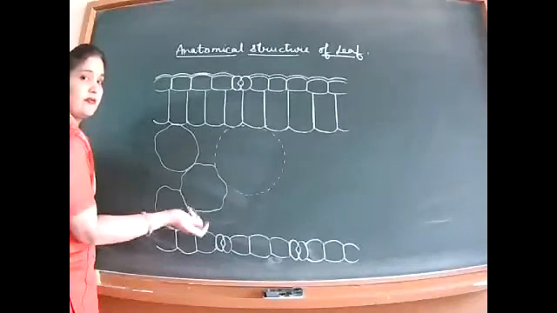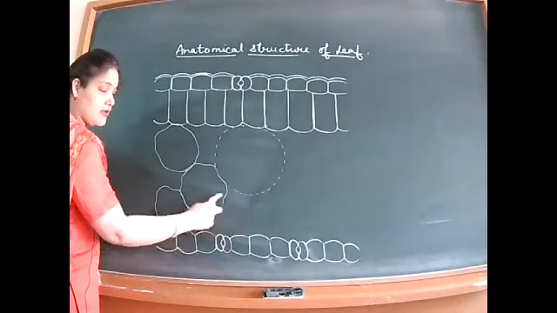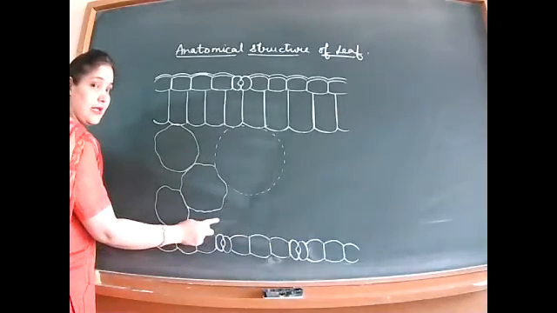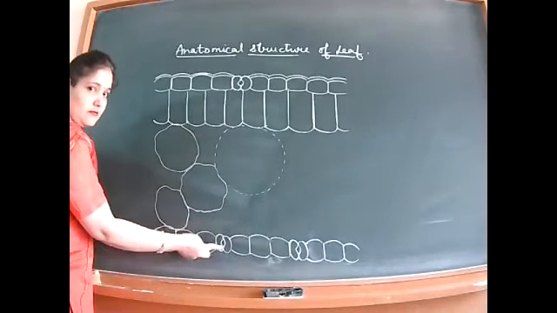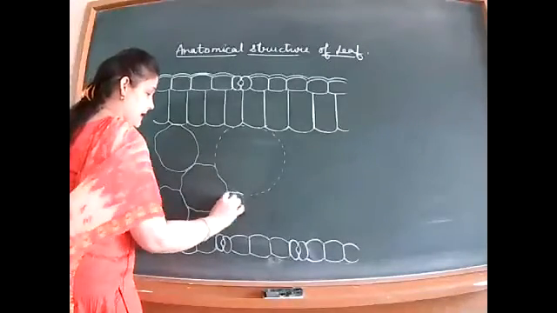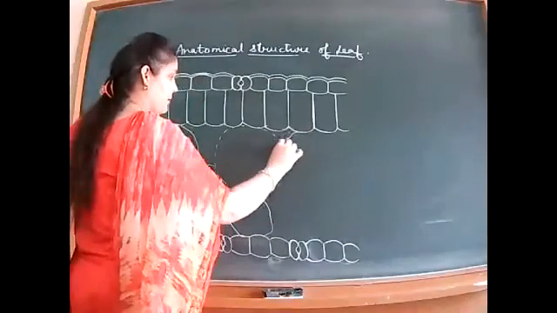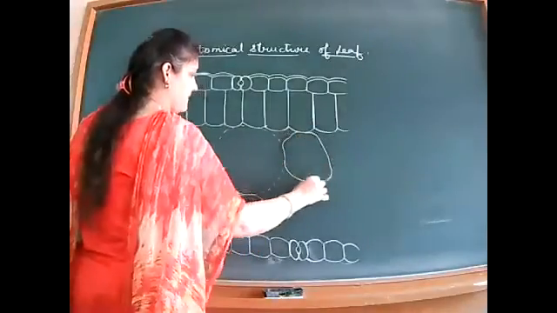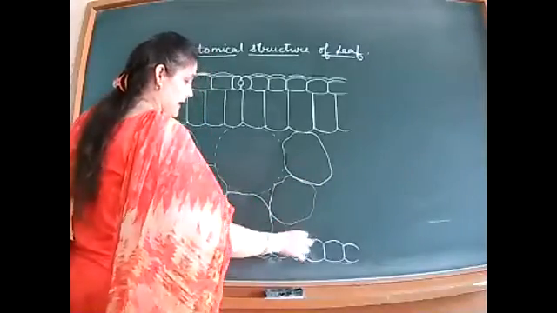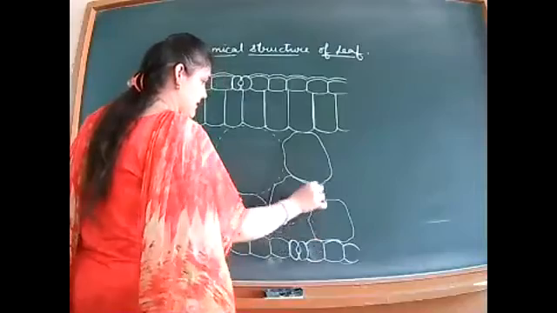Look onto the screen, all of you. This is the stomata, and just above the stomata you can't create a cell here. There should always be an intercellular space just above the stomata. So this way we can make another cell which is away from it, like this. The intercellular space should be there just above the stomatal structure.